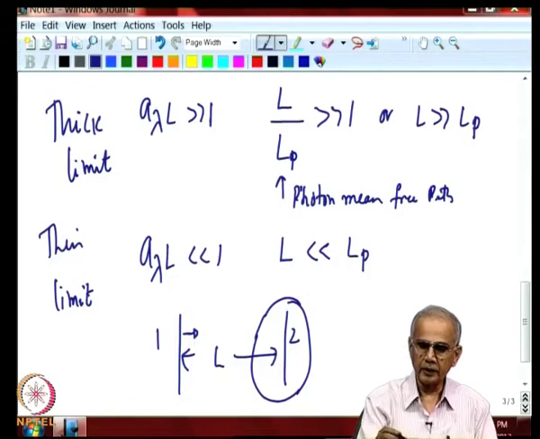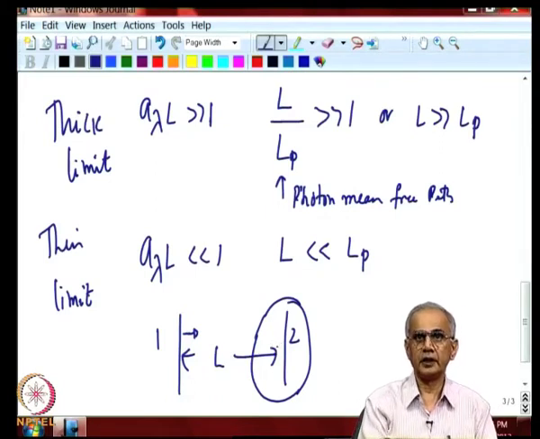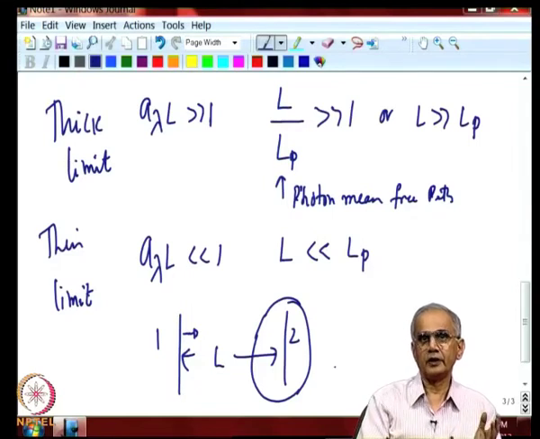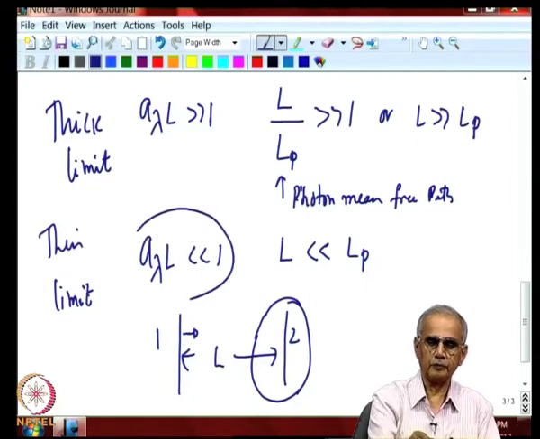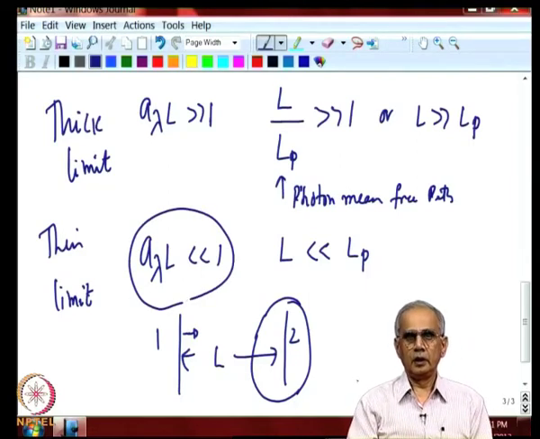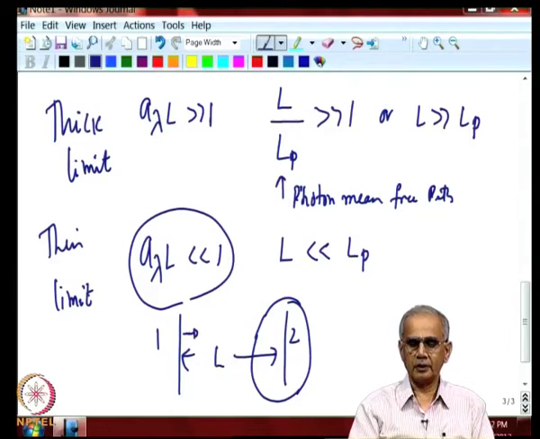On the other hand, in the thin limit, the photon will travel from almost 1 to 2 without much attenuation. So, 1 and 2 will see each other, and this is the case that we really covered earlier when we neglected absorption by the medium between two surfaces. We assume that the radiation leaving this surface is equal to that arriving at this surface. So, that is valid in the limit when this quantity is very small. Now, the very unusual differences of behavior in the thick and thin limit is very important to understand the problem in